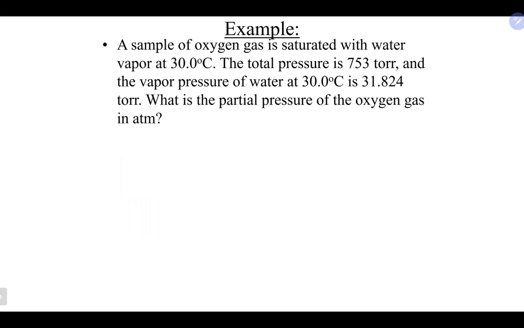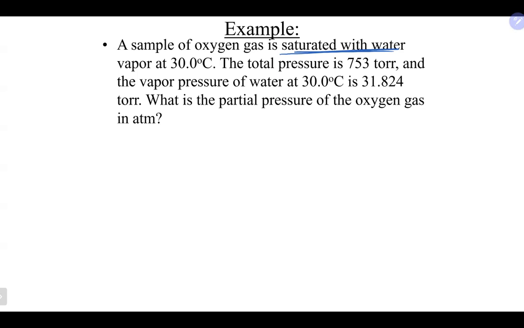Okay, so let's take a look. So in this situation, this is really a partial pressure situation where we collected the gas, much like we did in our experiments. How do you know it's this type of problem, if it's just a book problem or something like that? You really have a couple keywords. One is this one right here, which is saturated with water vapor, collected over water, or something that mentions something about collecting the